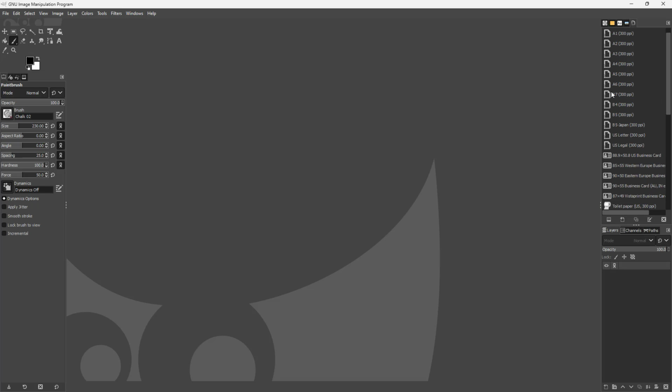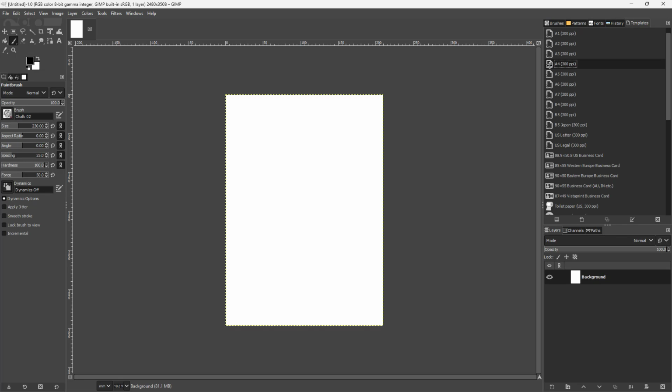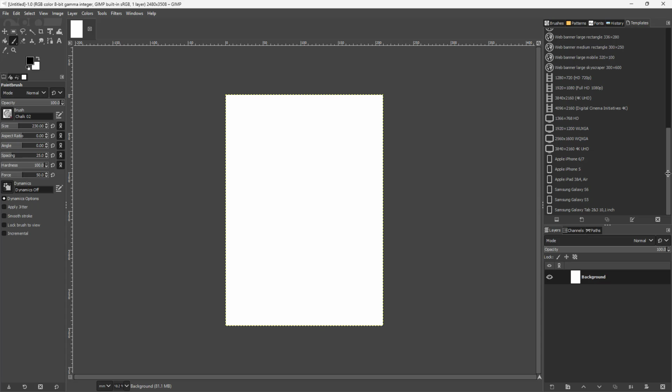So once you do that, over here on the right hand side you can see the templates right here. So you can go around, and let's say for example you see an A4 size paper right here, double click on the particular icon and the template actually pops up right here. Similarly, if I were to scroll down, here you can see that there are different templates over here just like this. So you can simply go over here and select, let's say for example